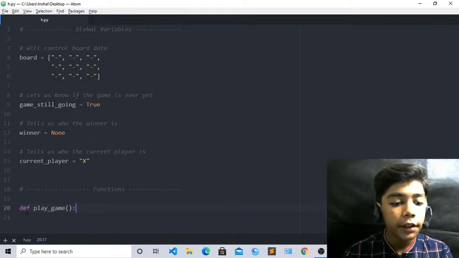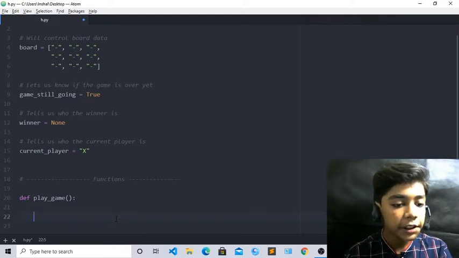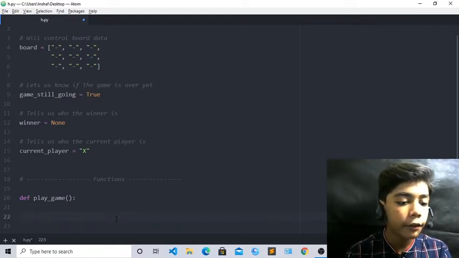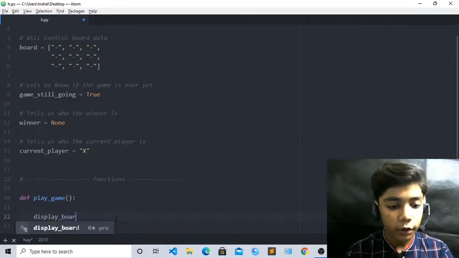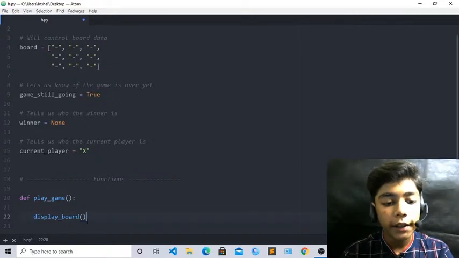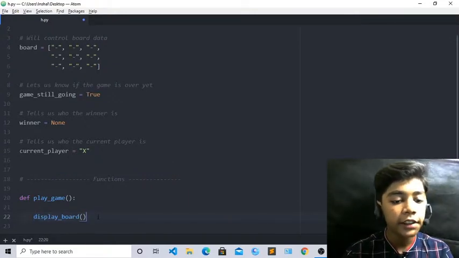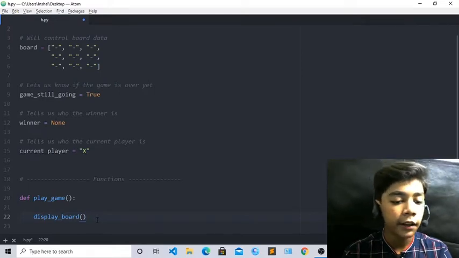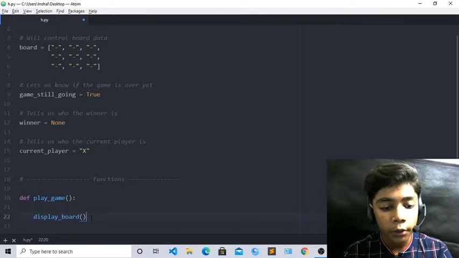Now when you have written this define play game here, we will define display board, okay, because we have to display our board in which we will write our values. So we have to write display board here, okay. It is really important to write, like I have told you. So you have to write this display board, so you can see whether your board is coming or not, and whether it is coming correctly or incorrectly. So we have to write this display board for displaying our board here, okay.